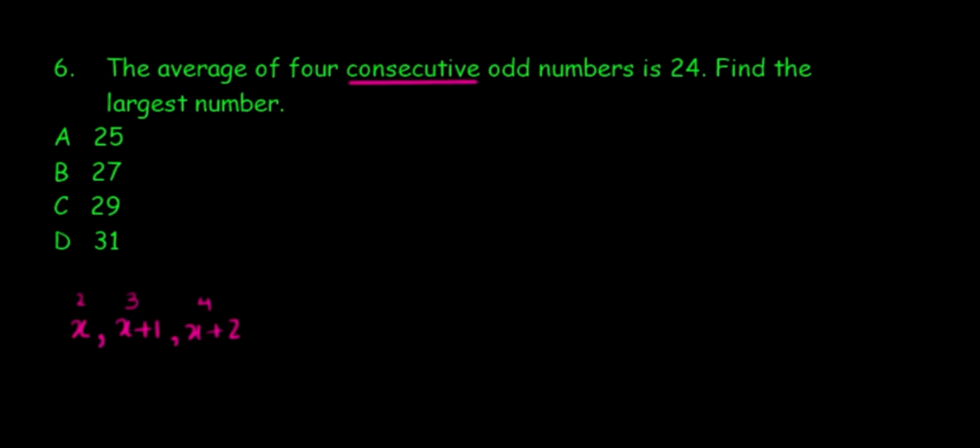But if now they added another new word to this, and said odd consecutive numbers, which means I'm taking the first one, I leave the one after. When they're odd numbers, 1, 3, 5, do you see that it's plus 2 every time, plus 2? So what I would do is, let's say x plus 2. Then the next one would be x plus 4. The next one would be x plus 6. So we're skipping x plus 1. We skipped x plus 3.